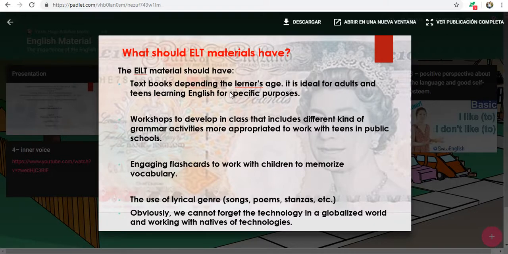But it is easy with adults and teenagers. Maybe adults and teenagers that are taking a course of English for specific purposes.